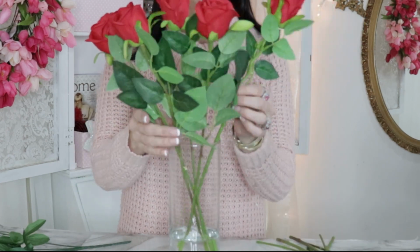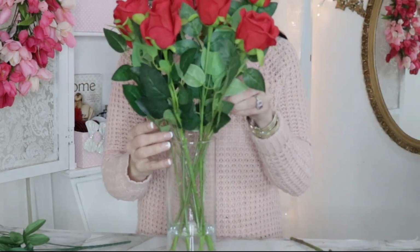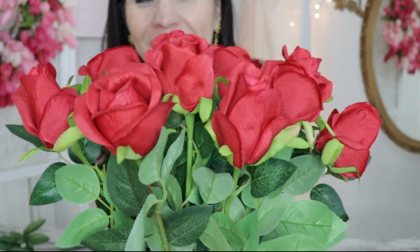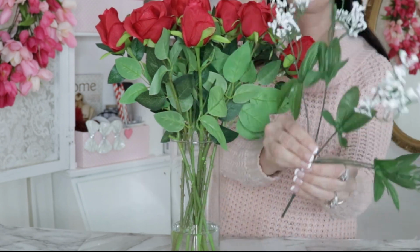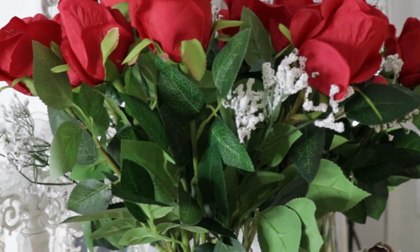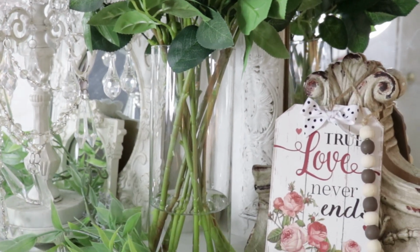This is just real water. You can change it out over the course of a couple of days if you need to, but I just wanted to give it the effect of it being really realistic roses. I did not snip the ends of these off, so it should just be plastic on the ends. I think they'll be good. And then I added in some Dollar Tree Baby's Breath, and this is such a simple, fun, easy DIY,